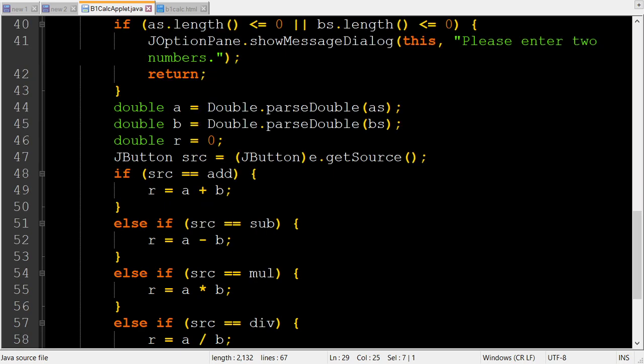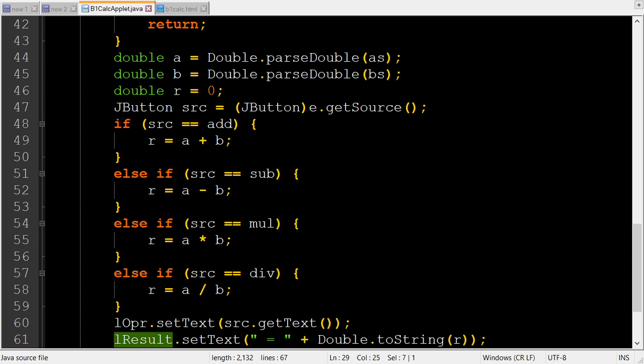Now it is time to perform the operation. Before that, you need to decide which operation. To decide which operation, we will extract the event source from the event.